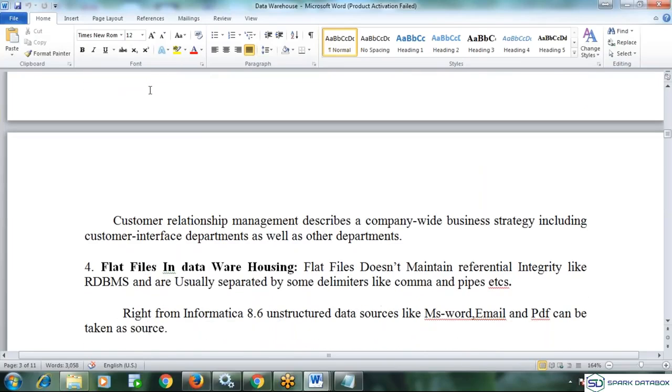And the next one is the flat file. So now you have some idea why you are seeing the flat file in the picture, right? With a flat file, you are not supposed to interact directly with the transaction database, because people are providing data in the format of flat files.